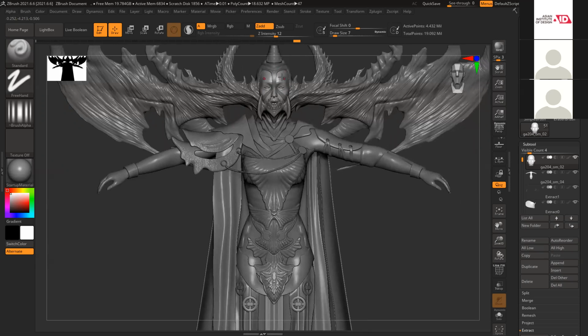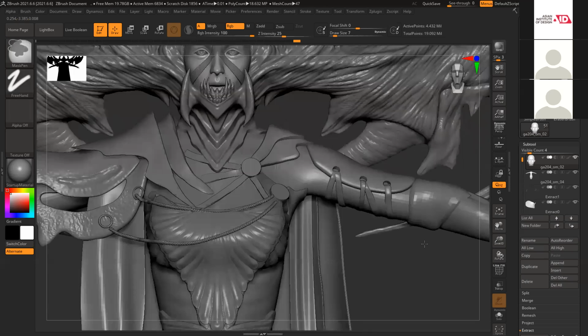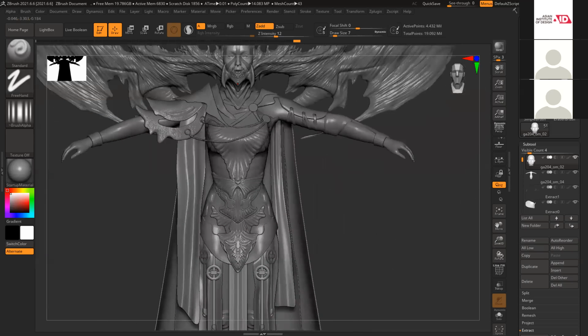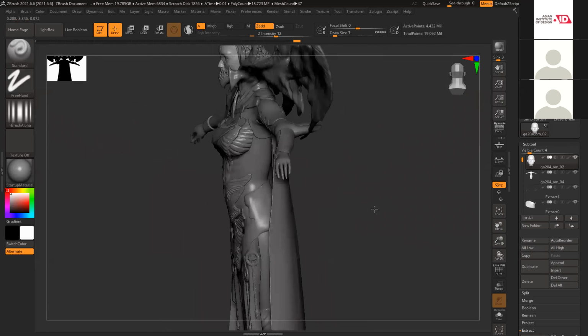Okay, the detail I have added, similarly hands and all I can see. So what I'll do is try to finish whatever is remaining. Within this week we'll finish the high poly, and from next week we'll start our low poly and everything. Yes sir. So focus on that and finish it.